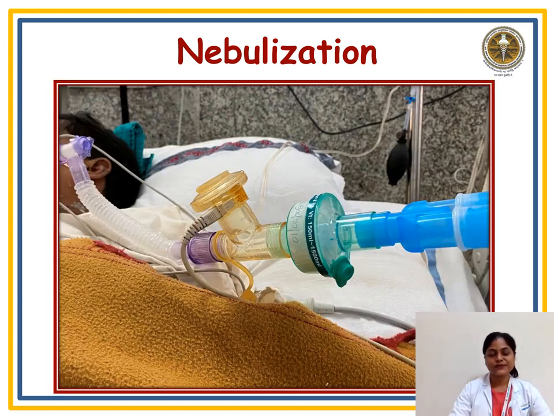In this picture, I am showing how we are giving nebulization in the closed circuit system. There is a catheter mount. First, you have to clamp the catheter mount at the middle. Then, the fogger has to be opened, and in that fogger, you instill the desired amount of nebulizing solution and close the port of the fogger. Then, switch on the nebulization and release the clamp. Now your patient will get nebulization in the closed circuit system.